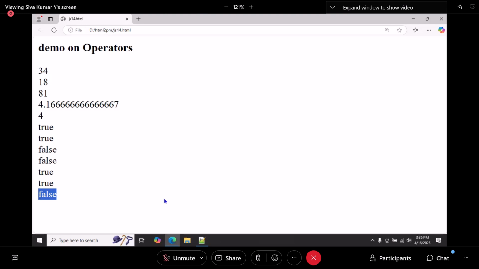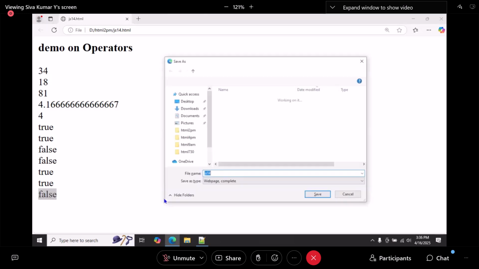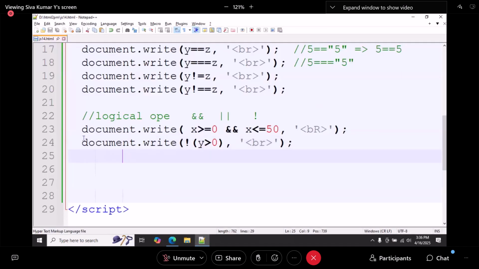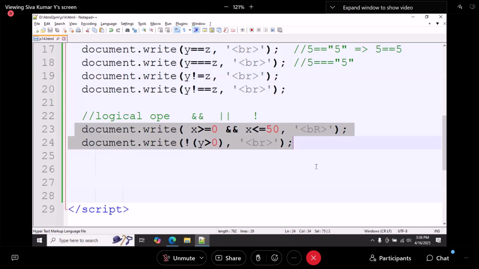The answer is false because y is not greater than 0. I did the comparison. So y is 9. 9 not greater than 0. Condition false. Logical operators utilization style is like this. And the next one,